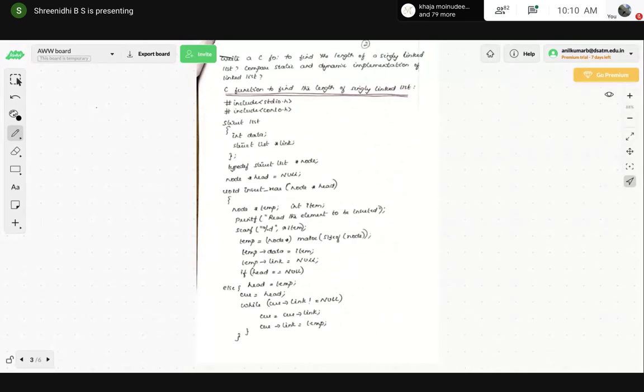Okay, so this is one simple structure created. What is this statement called? Another statement we have is typedef struct star node. What will the typedef struct star node have? I have explained it in the concept. Anyone, please?